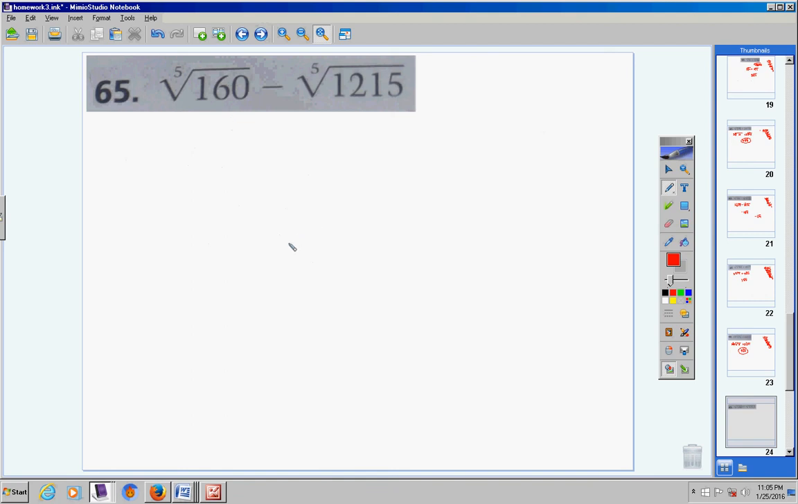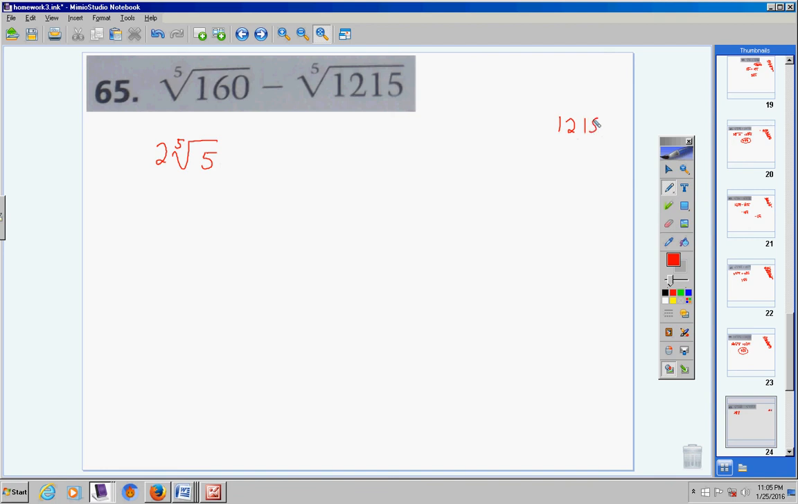Okay, let's break down both of these numbers. Okay, so 160, the prime factors of that would be 2 goes into that 80, 2 goes into that 40, 2 goes into that 20, 2 goes into 10, and then 2 and 5. So I'm looking for sets of 5, and I have 5 2s right here. So write 1 2 on the outside, and you're left over with a 5 on the inside. Now, let's break down